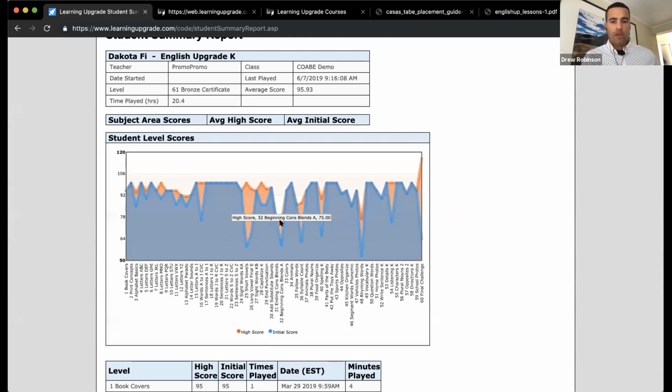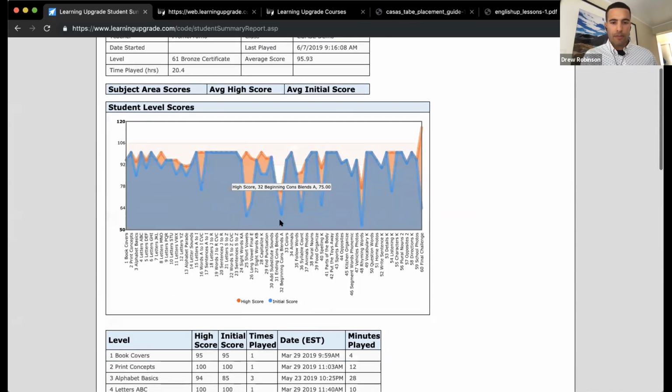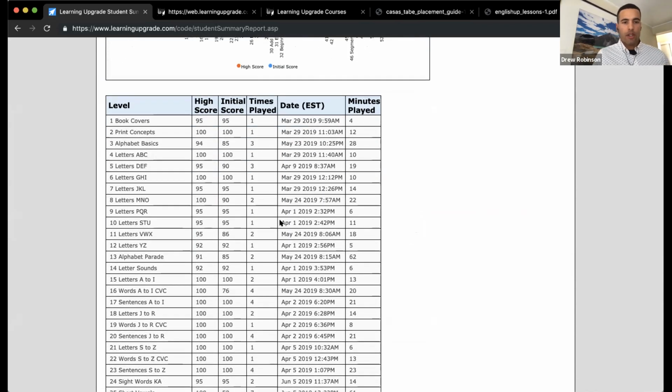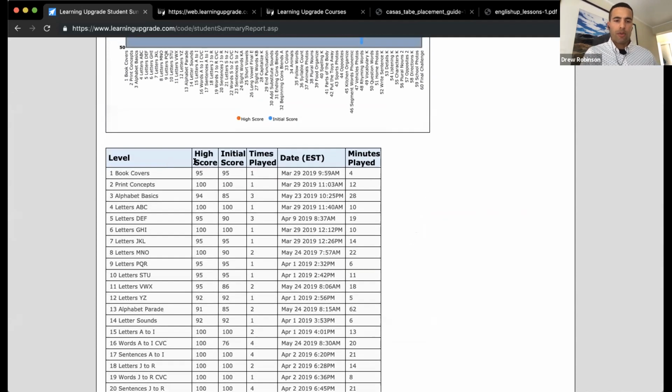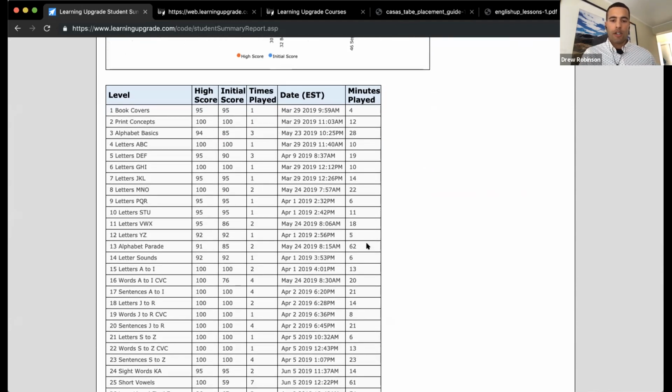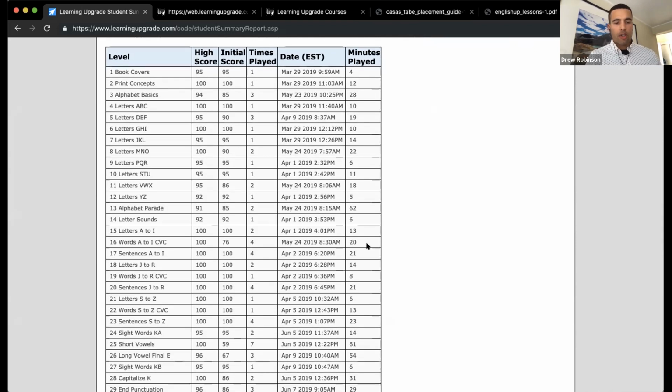And so this is a great way through these individualized reports to see how your learners are doing on each one of the lessons. If we continue scrolling down, we'll get even more information. So you'll see each one of the levels in the course here. Similar to our graph, we're going to see high scores and initial scores, but we're also going to get a chance to look at the amount of times played, when they completed the lessons, and how much time they spent on each lesson. And so similar to looking at the student monitor, when you can view in and say, okay, this learner's really struggling here,